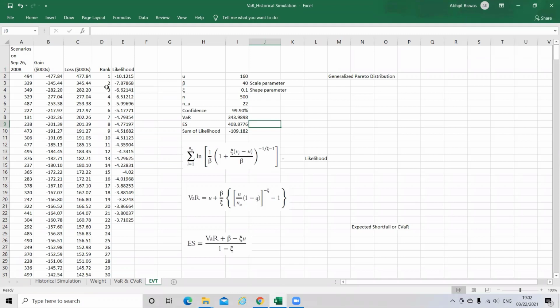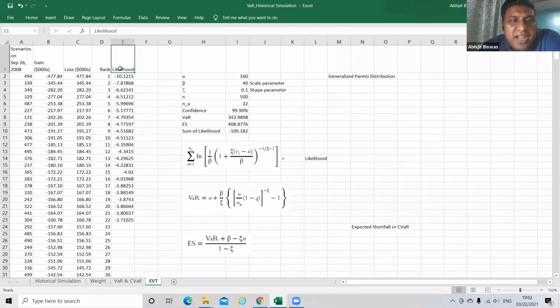Now come to this column E where you have typed likelihood. Now let us find the likelihood. You can see this is the likelihood function. We'll have to calculate the likelihood numbers and then take a sum of that.